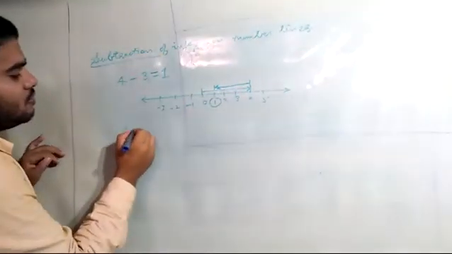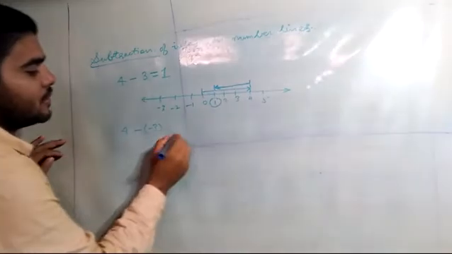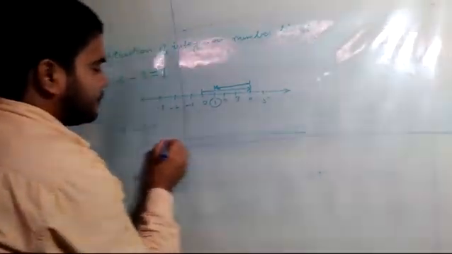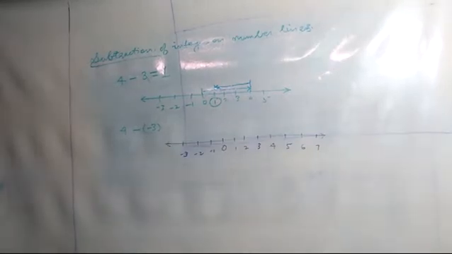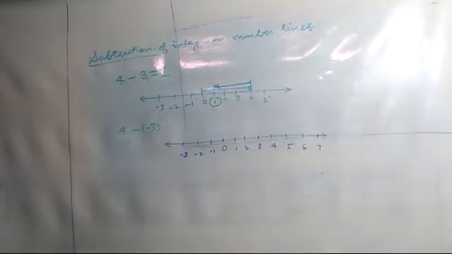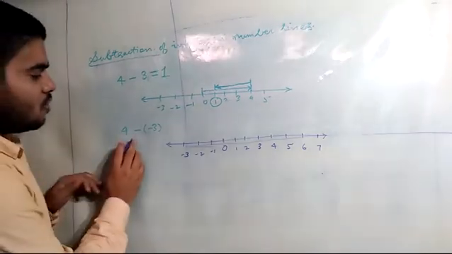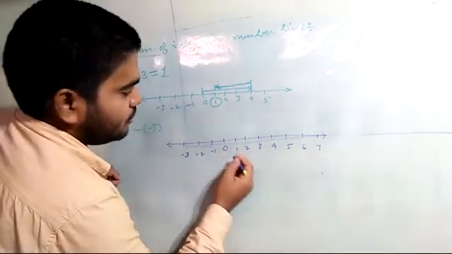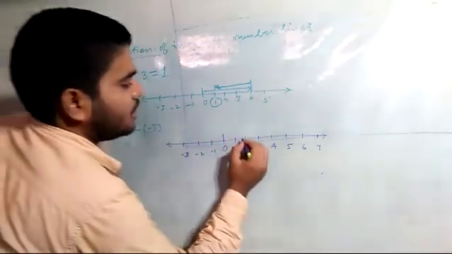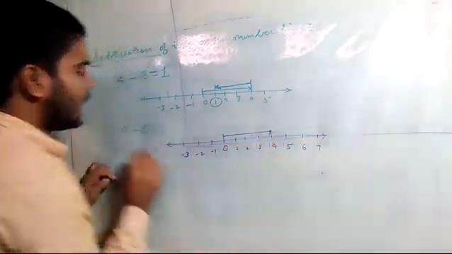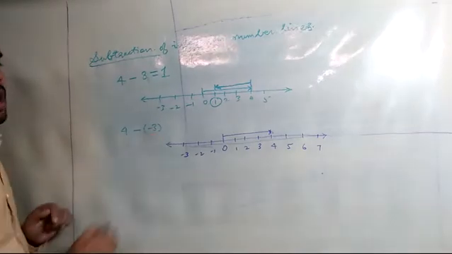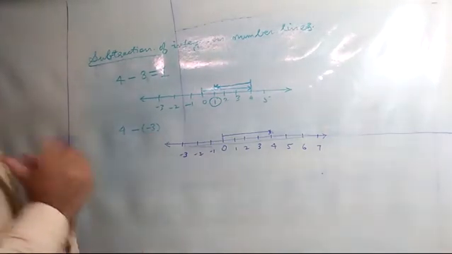Now when you have 4 minus of minus 3, addition of negative number, then what we are going to do? Now you see we have to subtract negative numbers. 4 minus of minus 3. Now if you see 0 is here, 4 I will come up to here. Now what we have to subtract? Negative number. I told you when we subtract we have to move towards left hand side.